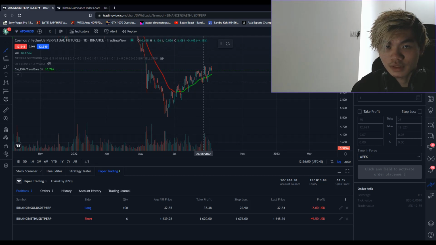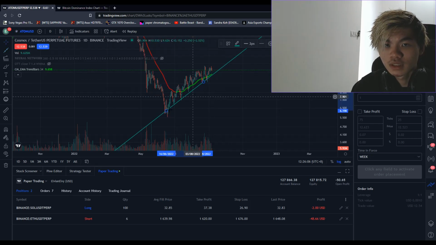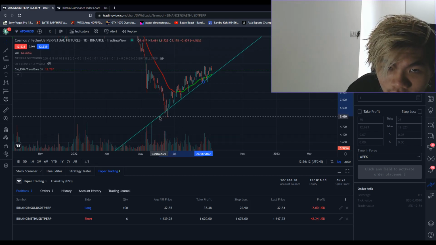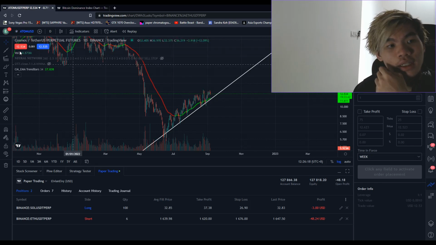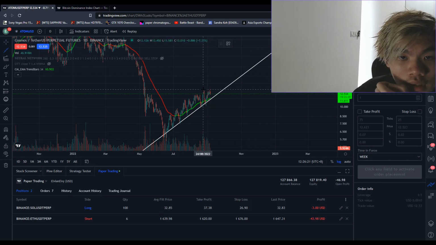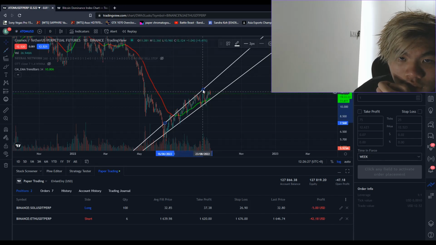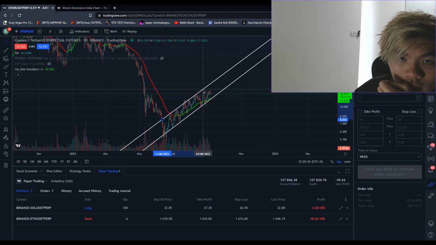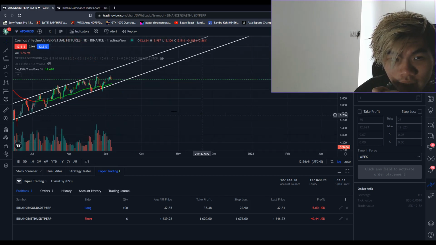So let's, this was the trend line downwards. Yep. That should cover a lot more wicks. Yeah, I think this is better actually. So let's put this in white. Okay, and then we can also do another one for the top. This doesn't look too right. This should work. Alright, so we can kind of see it's an uptrend, and we can see that it has